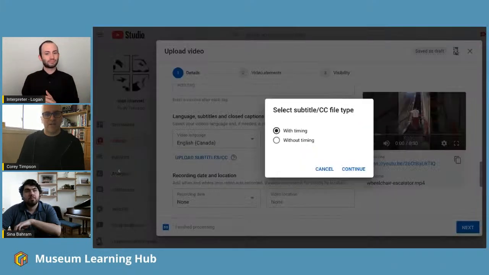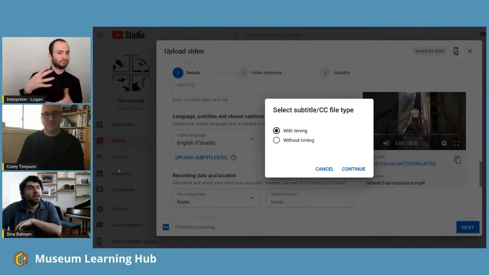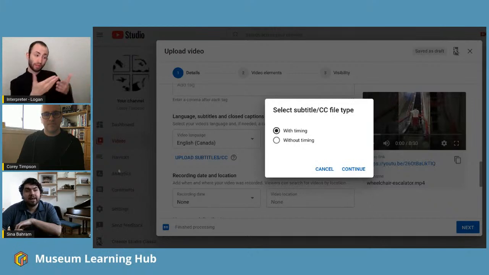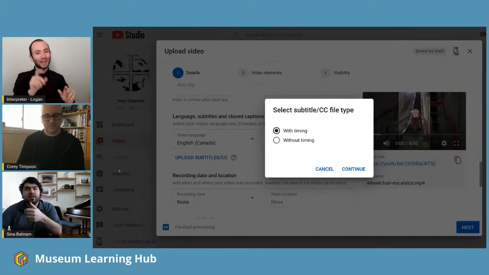This screenshot right here. The important thing there is to understand that YouTube does offer automatic captions, and some of this has been in flux because they're revisiting their captioning policy. But be very careful not to use those automated captions in production because of those pitfalls that Corey just warned about. However, the time syncing capability is super powerful and a free feature.